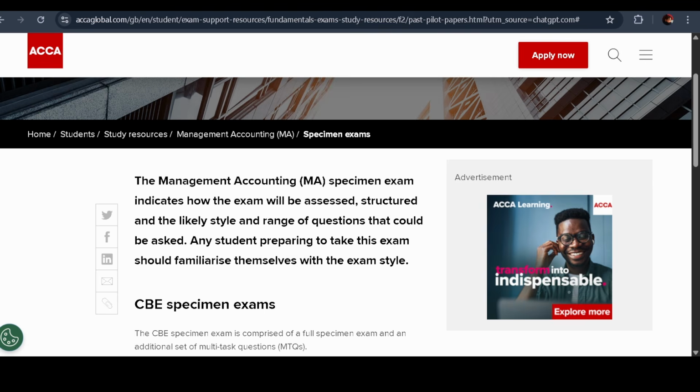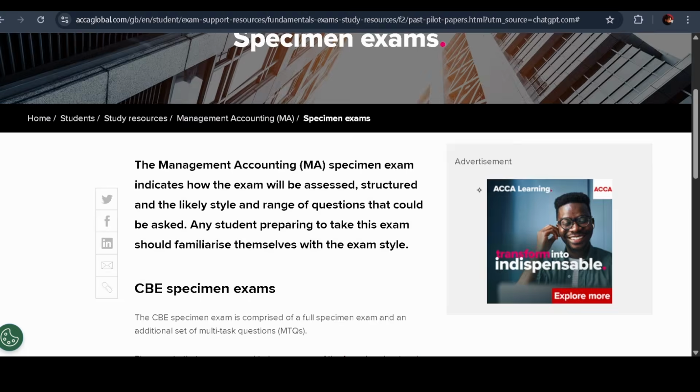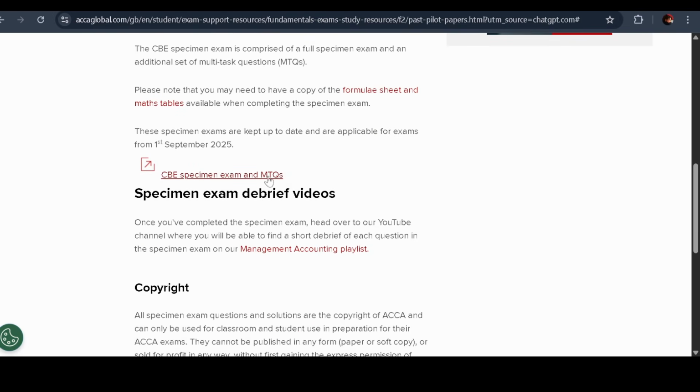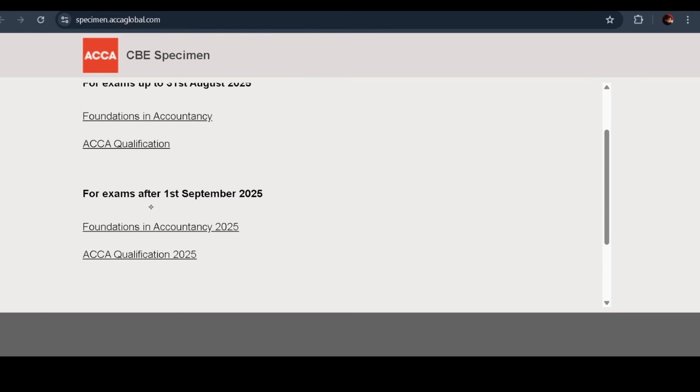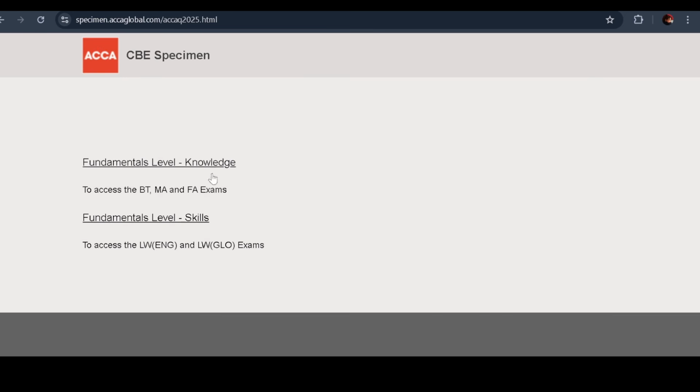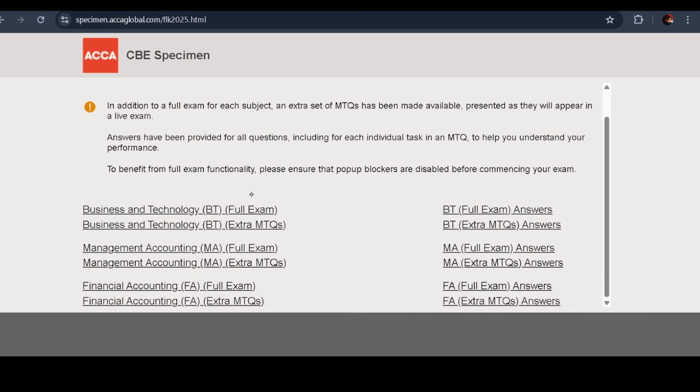So have a look. And here is the example of a specimen exam paper. Just go to the link that is given in the description and tap CBE specimen exam and select your exam session and go for ACCA qualification and choose your level. We are choosing fundamental level, and now we are choosing the management accounting full exam paper, and then we will